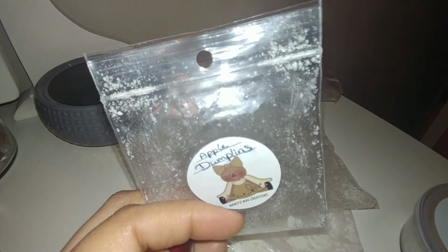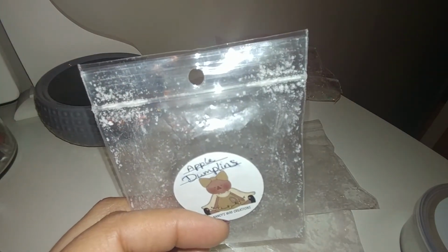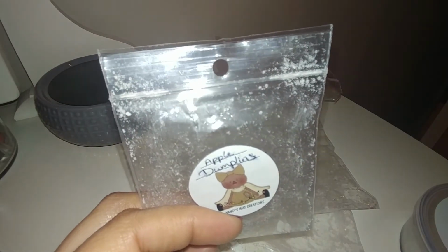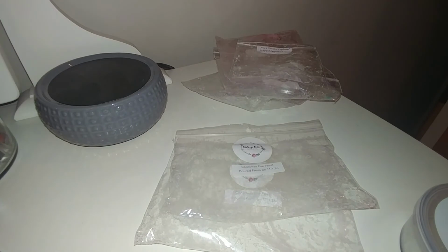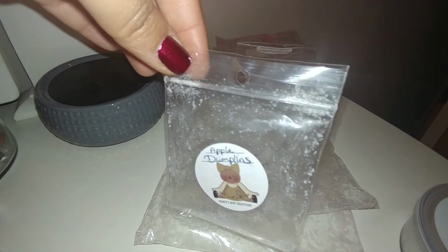Next up I have Apple Dumplings. Absolutely loved this scent. For me, I didn't really get a dumpling. For me, this smelled like a caramel apple cider. Kind of like Cider Lane, but this was definitely not a Cider Lane dupe. It's strong, probably like a Macintosh apple with caramel and then a little bit of a perfumey note. I really enjoyed this, would repurchase it, but again, it's not a Cider Lane dupe, but it's kind of like